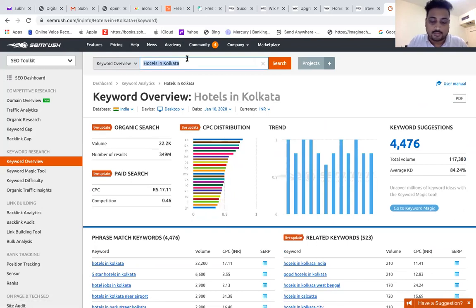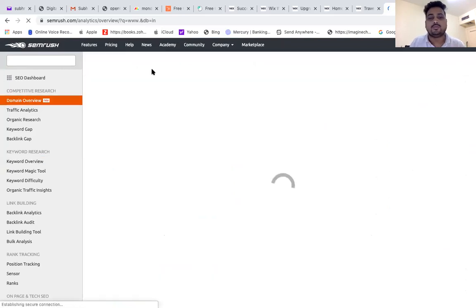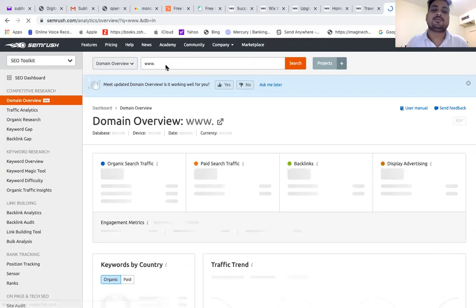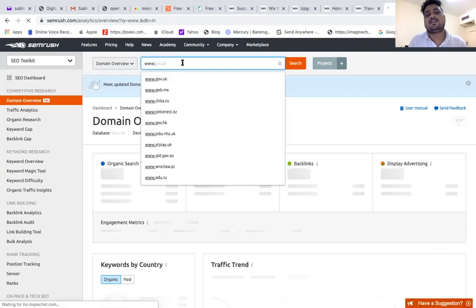like a big domain. Go to domain overview, not keyword overview, or you can change it in the search box to domain overview. There you put any big company's domain name, like eBay, Amazon, or something like that. In the hospital industry, we can go for, let's say,